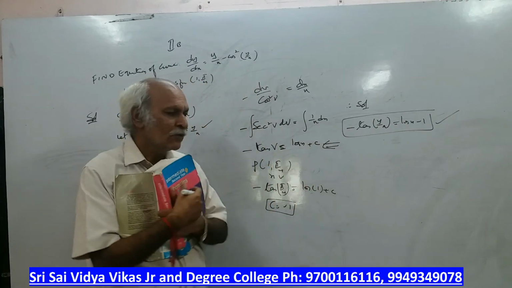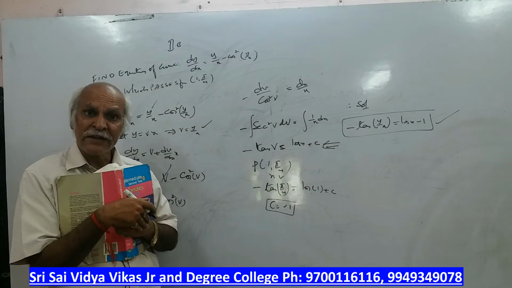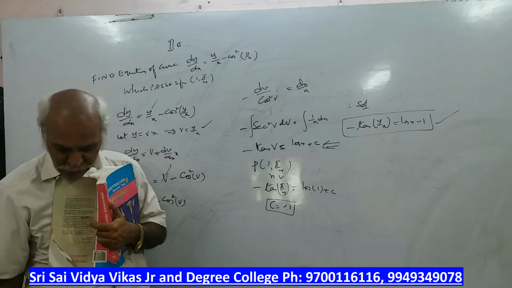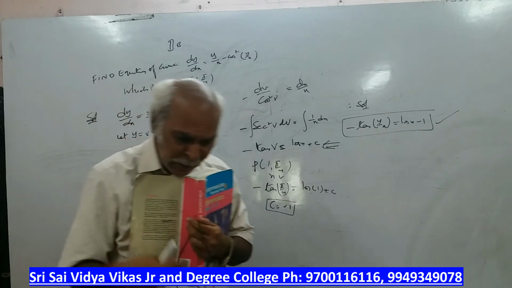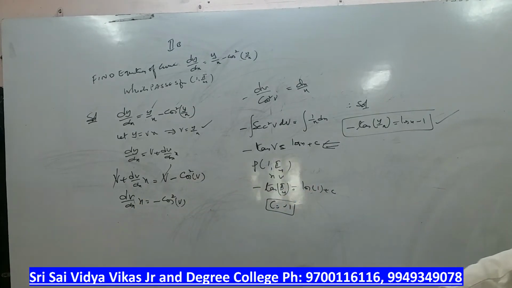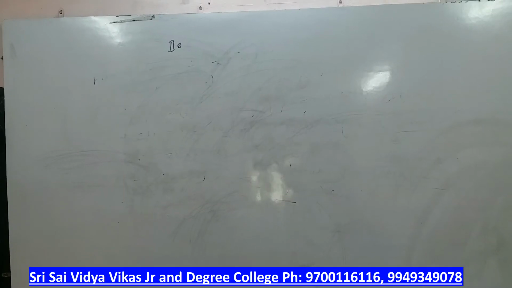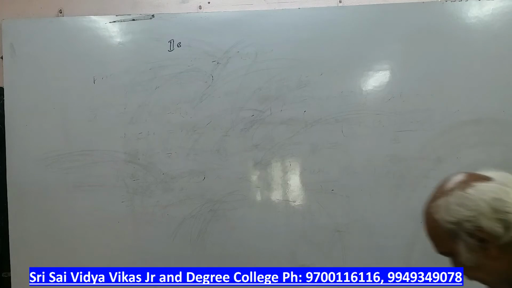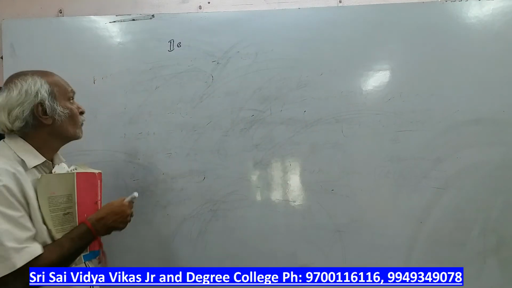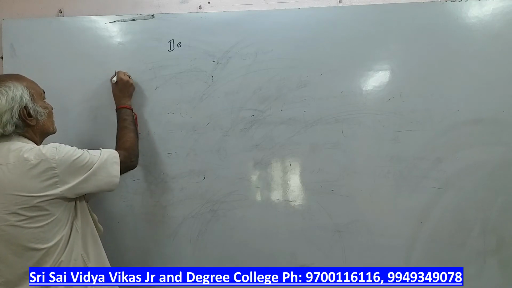Same problems, only here cot v has come, there tan v has come. Okay, these are homogeneous problems. Please go through homogeneous. Now we'll start non-homogeneous. There will be 3 models in that. Okay, we'll see that. Next. Now let us see non-homogeneous. What is non-homogeneous?